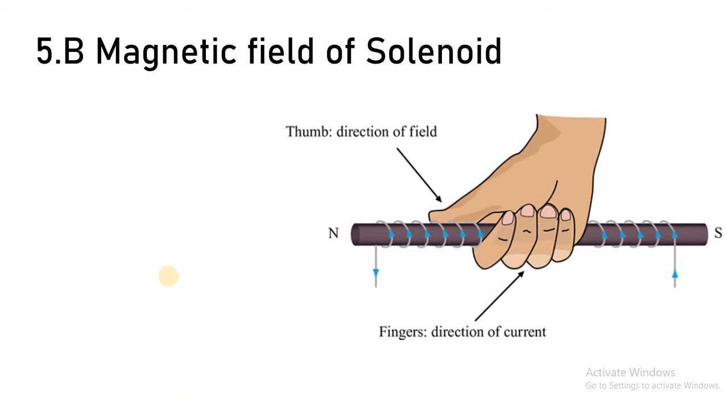Whenever the flux lines are passing from the external side of the magnet, it moves from N pole to S pole. But when the flux lines pass through the magnet, through the internal side of the magnet, it passes always from S pole to N pole. It means the flux line is passing from S pole to N pole.